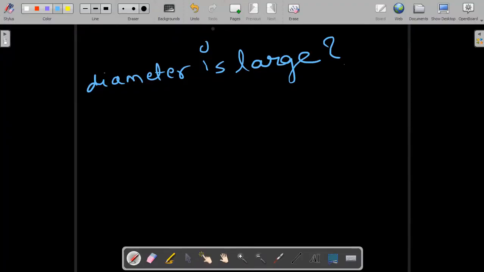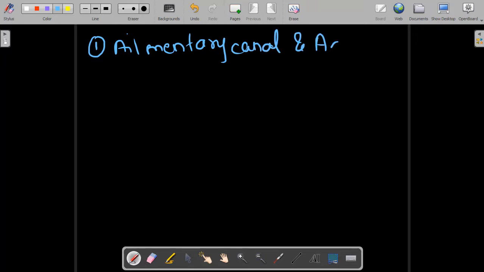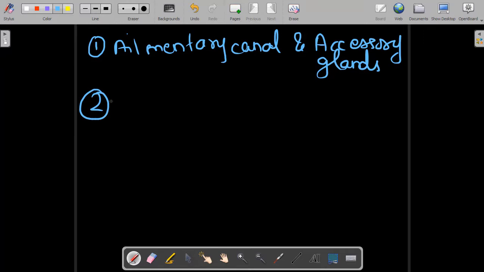Basically, if we summarize, the human digestive system consists of two parts: the alimentary canal and accessory glands. Secondly, there are five important steps in the process of digestion. That is ingestion. Please remember, don't get confused with egestion. Ingestion, digestion,